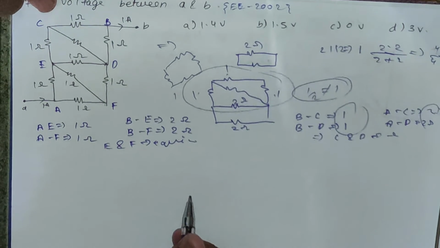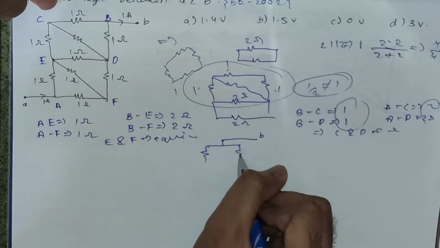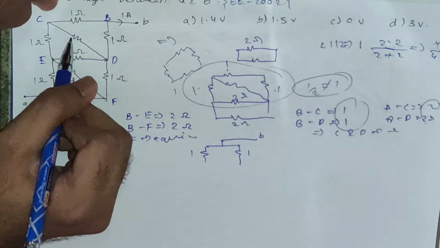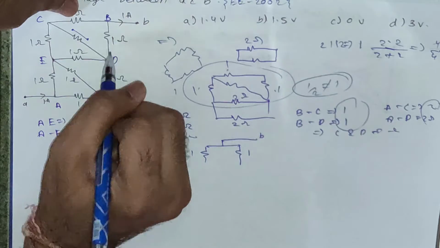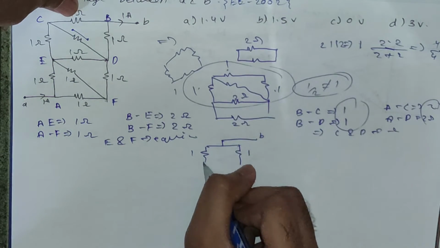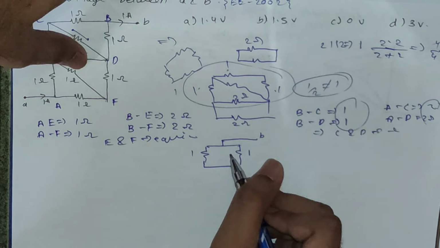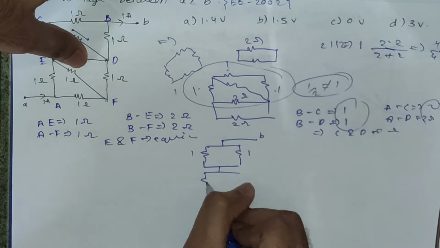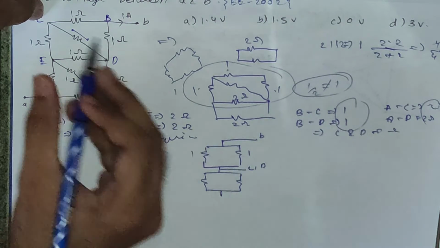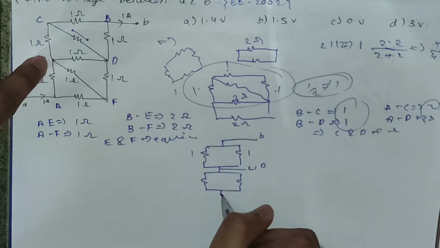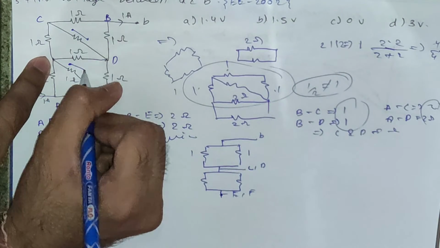Okay, so now if we redraw the circuit, we will get something like this from B. This is 1 ohm, 1 ohm will be in parallel because this resistance is now short circuited. So both of these end points are connected, so we can say this 1 ohm, 1 ohm will be parallel to each other. Similarly, this 1 ohm, 1 ohm will be parallel to each other. This point is CD. C and D both are now the same point, right? And this point is nothing but E and F, as this resistance is also short circuited.